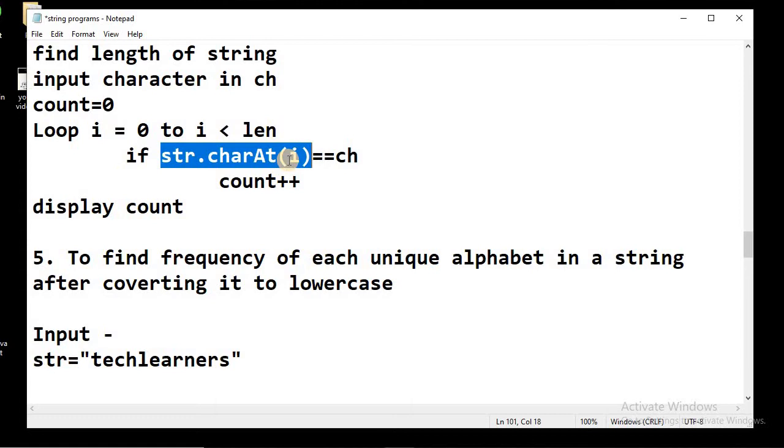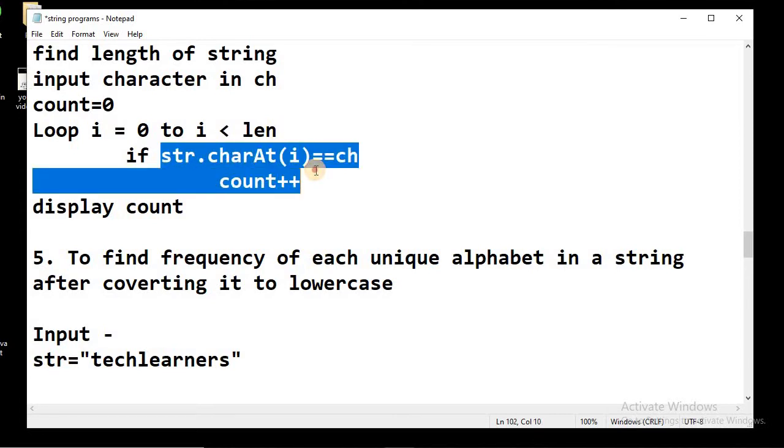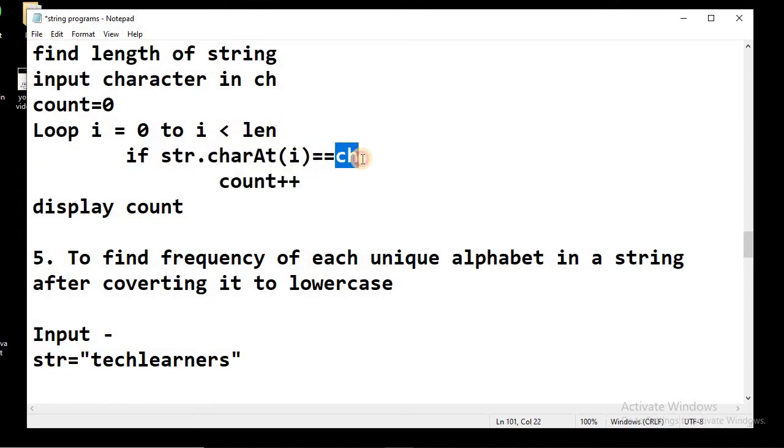Now we need to compare this character with the user-inputted character, and if it matches, we simply increment our count variable. Finally, outside the loop we can display the count. So this is a simple program.